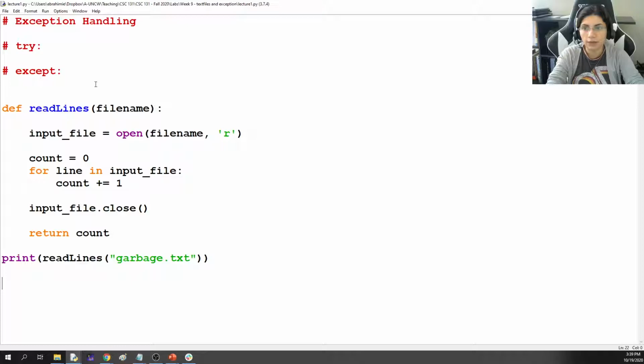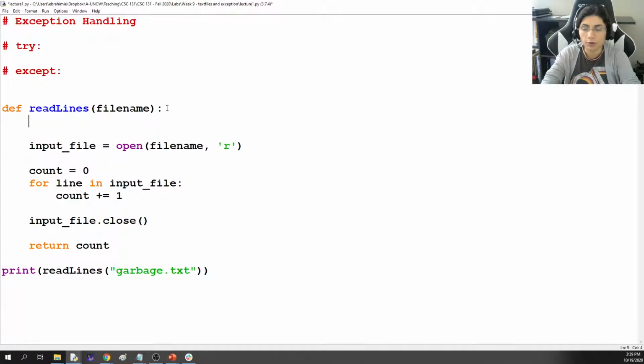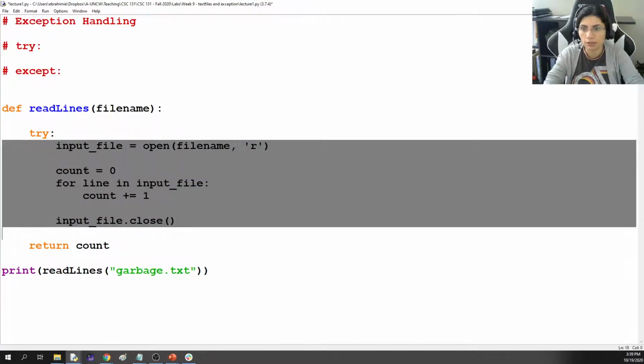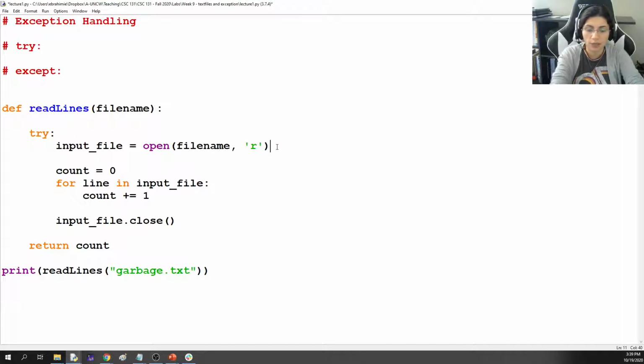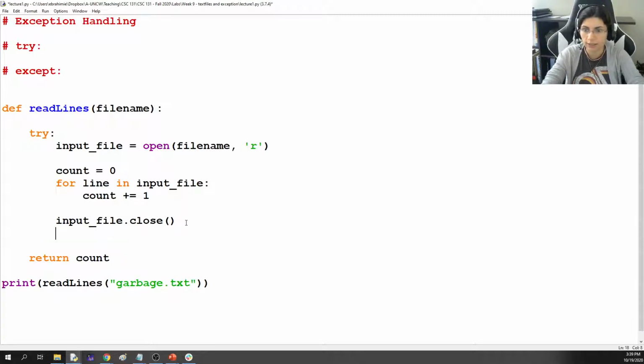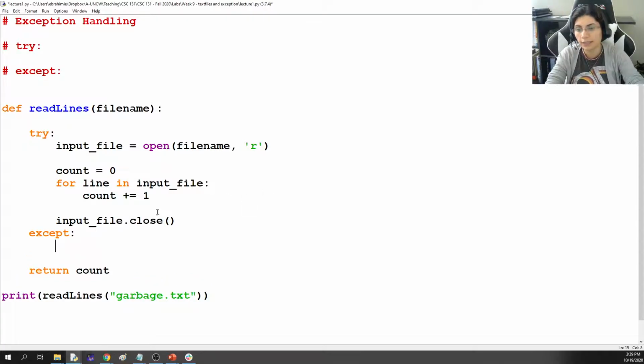So in cases like that, we can use the try except block. Make sure we end the program gracefully rather than showing an error message. So I'm going to put the part that I'm not too sure about inside a try block. So I'm saying try opening this file. If everything is fine, just continue on, and you just keep going, counting the number of lines and then closing it at the end. If something goes wrong though, I want you to jump into the except section, and I want you to print file name